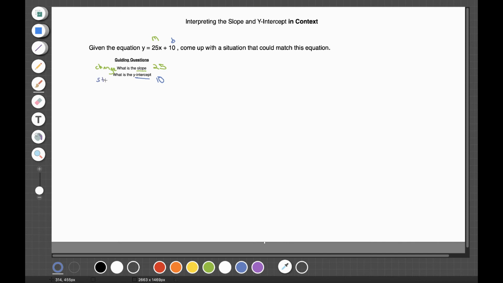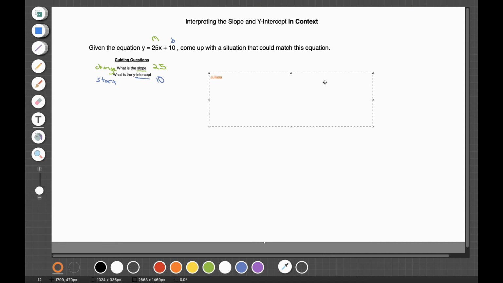Okay, so I know these things. How can I come up with a situation that might match this? Some situation where we are starting with 10 and we're changing by 25. That's all you have to come up with. Let me think of an example. Let's say